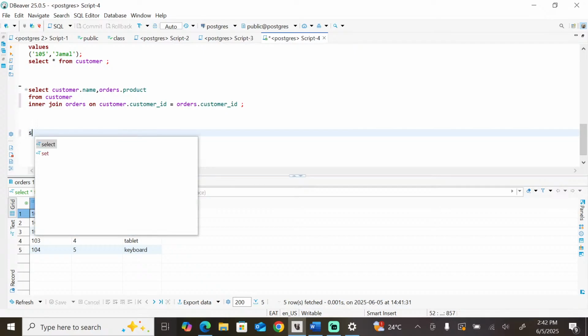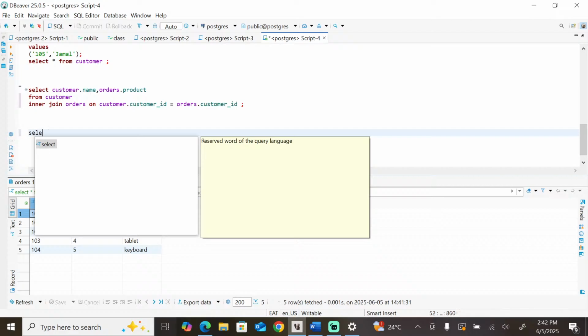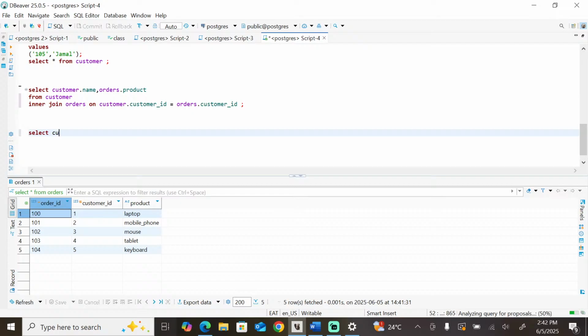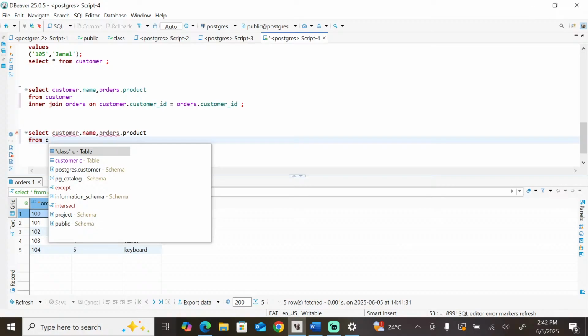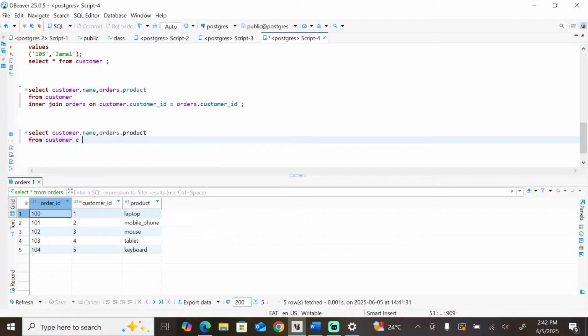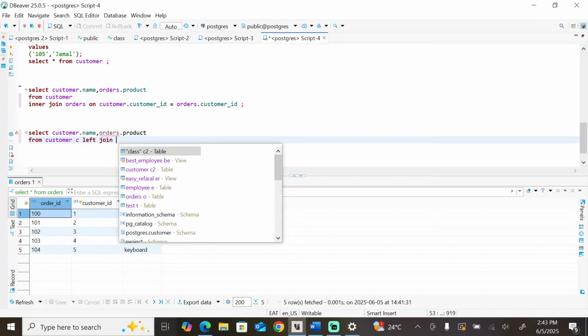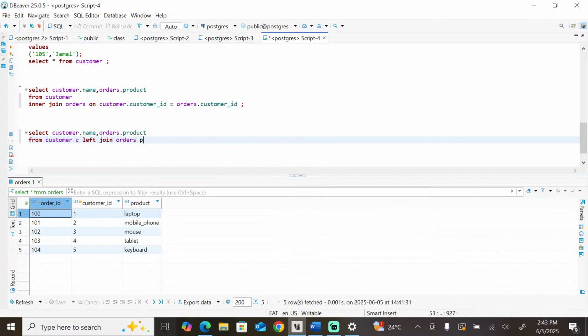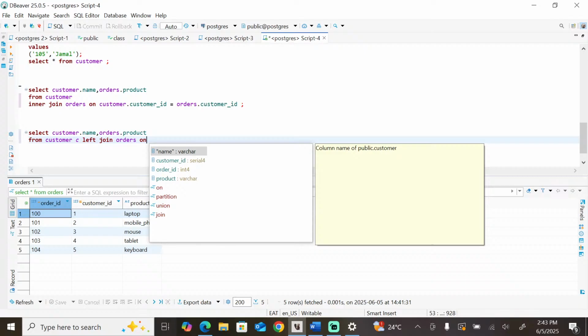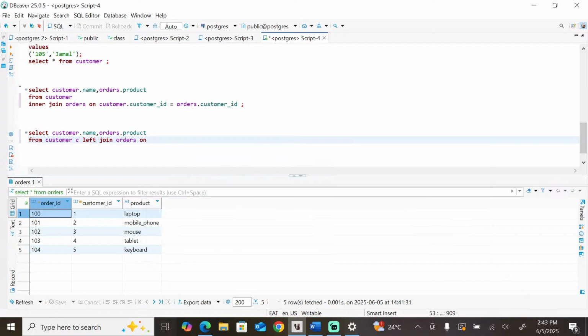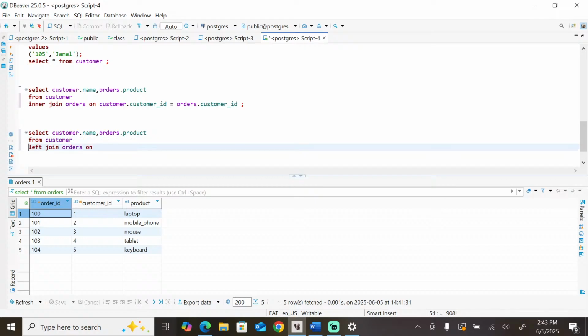Okay, syntax: select customers dot name, orders dot product, left join orders, orders on